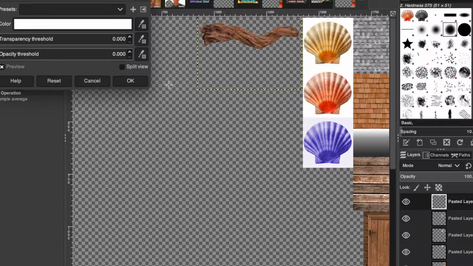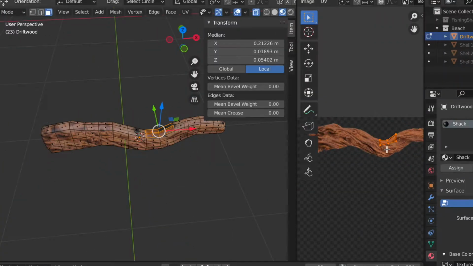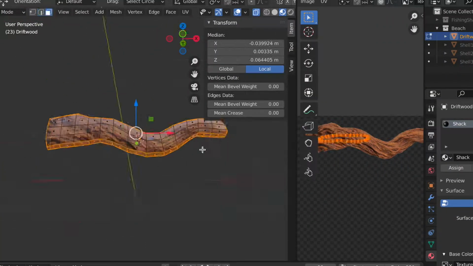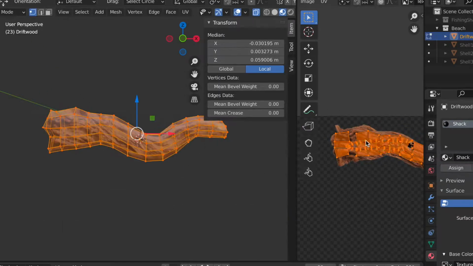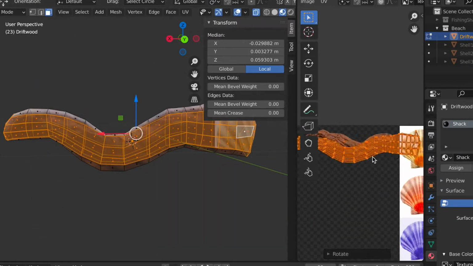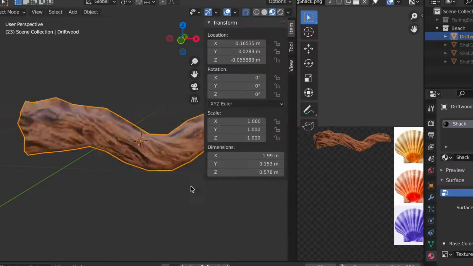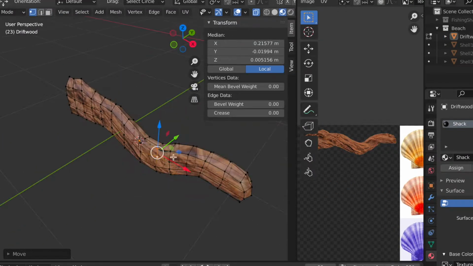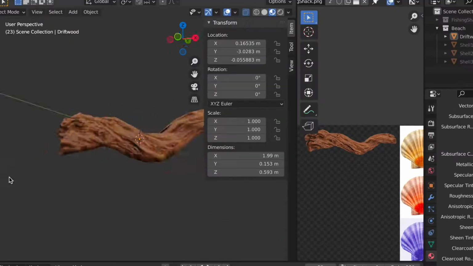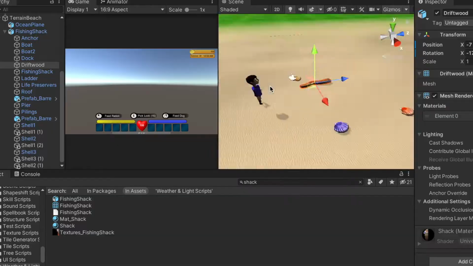So I made the shell. Then I decided to make some driftwood. I just Googled things found on the beach because all I remembered was shells. But there's driftwood, there's seaweed, there's starfish, there's crabs, there's all this kind of stuff. So here I'm making the driftwood, making it a weird shape, like in the reference image,